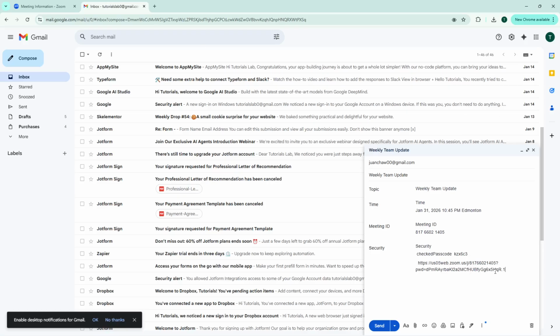Here's the important part. Highlight the link you just pasted, then look at the bottom of the email composition window and click Insert Link. This will convert the plain text URL into a clickable hyperlink, making it much cleaner and more professional looking. Finally, review your email to make sure everything looks correct, then click Send to deliver your meeting